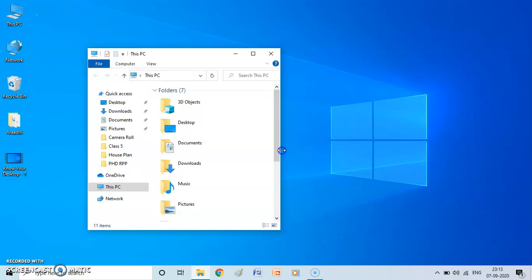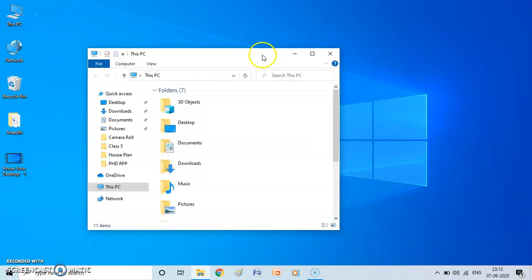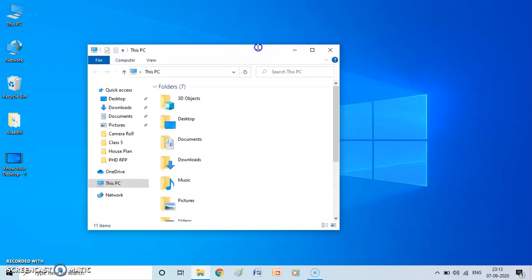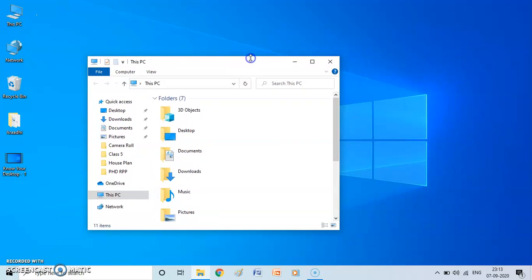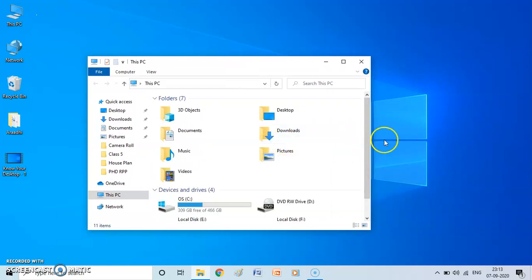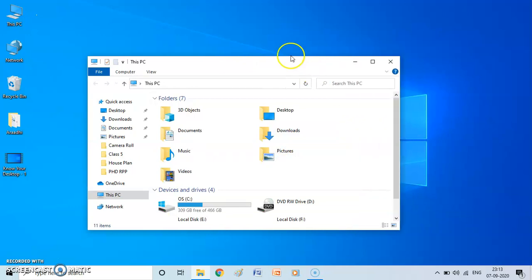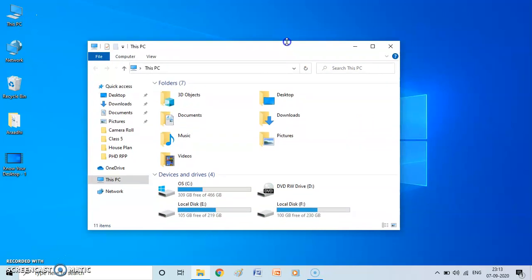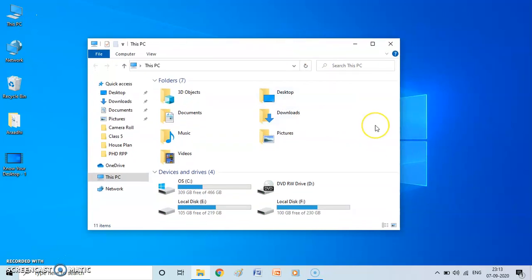Now what is happening in this setting, you can see that I'm only changing the size in one side. I'm either changing the height or I'm changing the width. See, this is the width. If I want to increase the width, I'm only increasing the width. If I want to increase the height, I'm only increasing the height. Now this can be in different ratio, but if I want to increase both the height and width at the same time, what I will do, I'll go back to the corner.